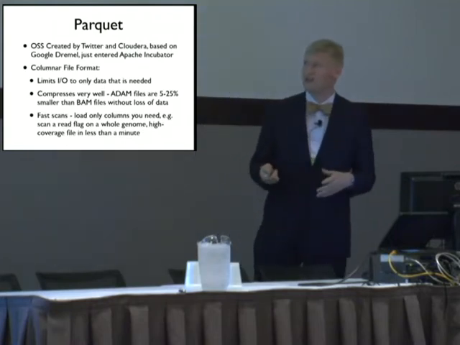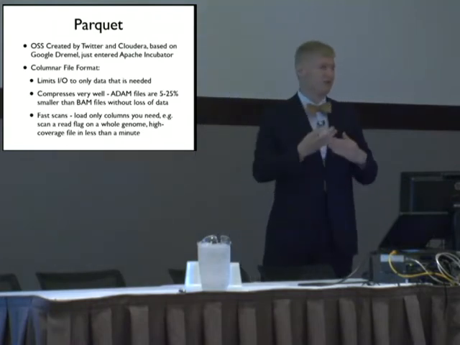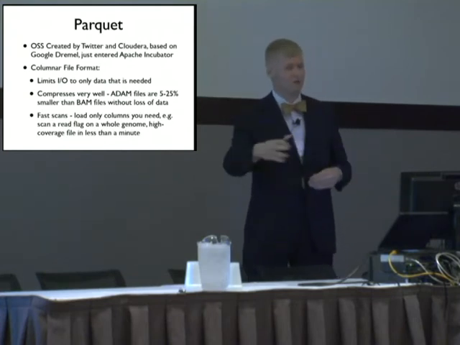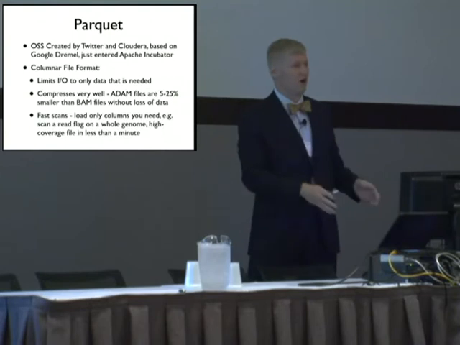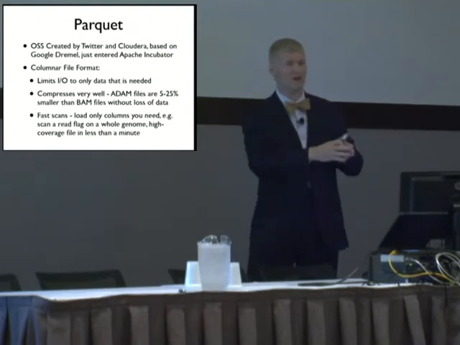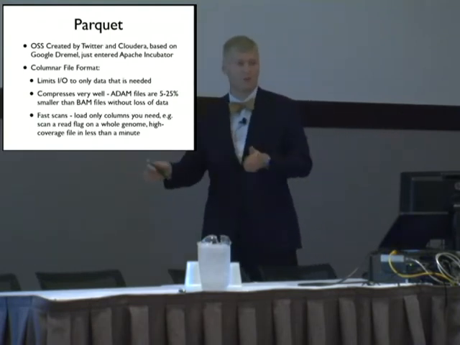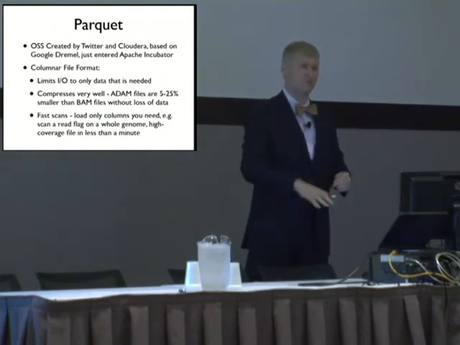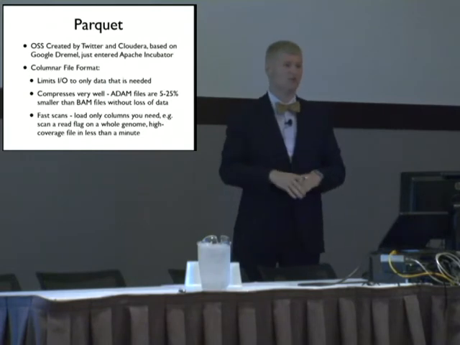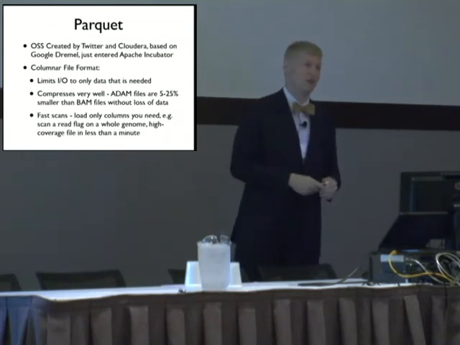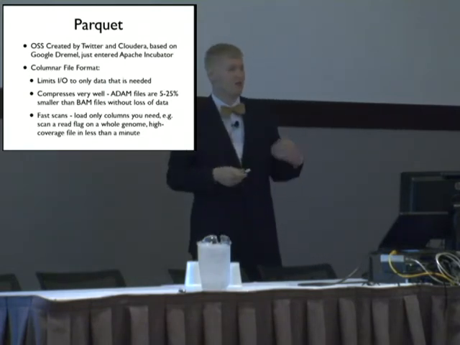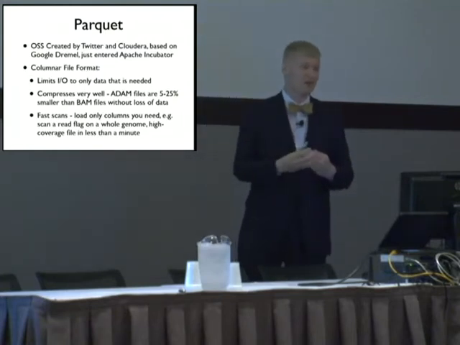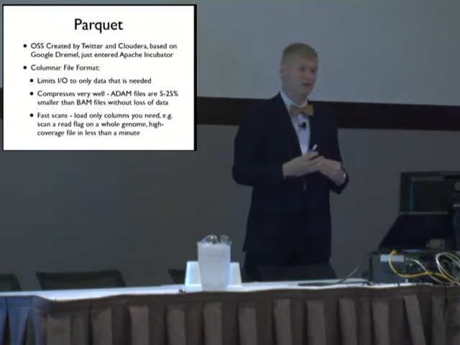So there are a few advantages to this file format. The big thing is that it's columnar. Instead of having a row-oriented layout where we write a single BAM record followed by another BAM record followed by another, we would store all of the sequences in one column, then all of the quality scores in another, all the read names in another column. This allows us to independently access the columns, and we can also do a lot of efficient things to compress data. For example,